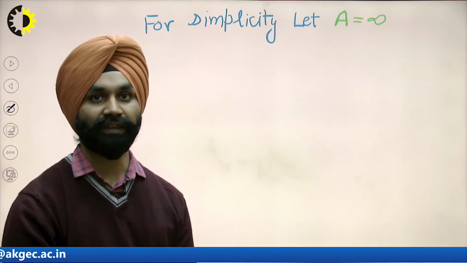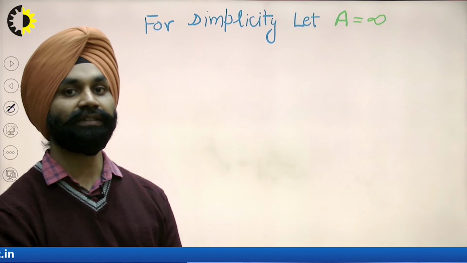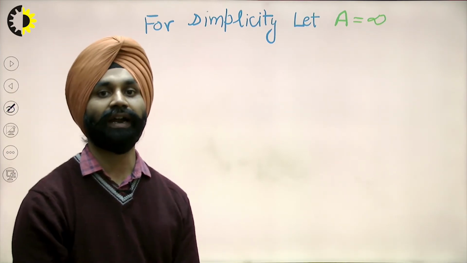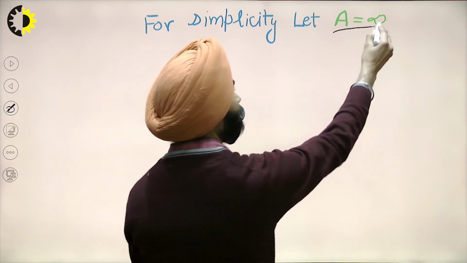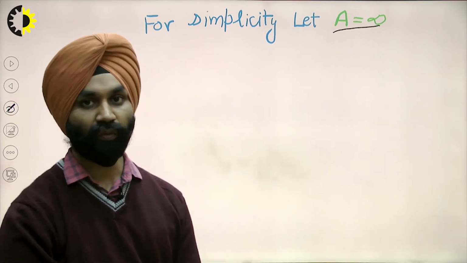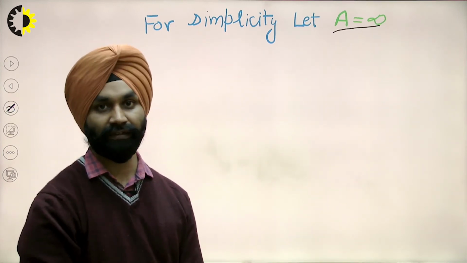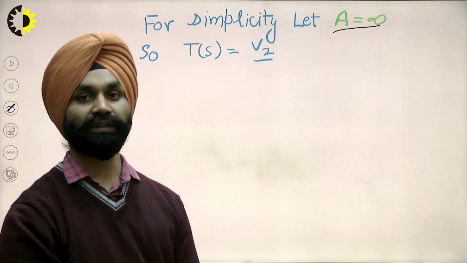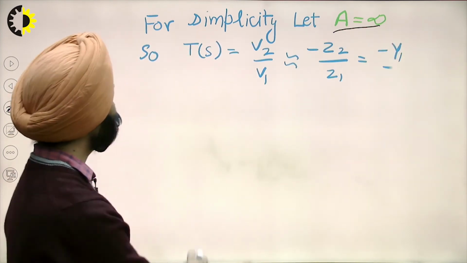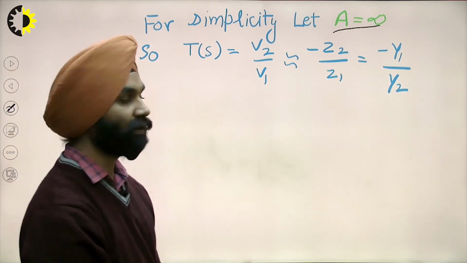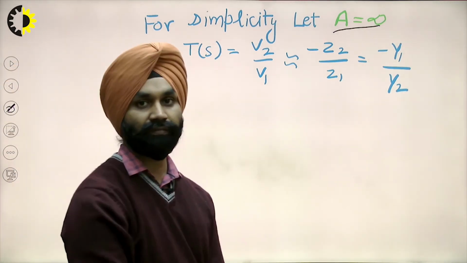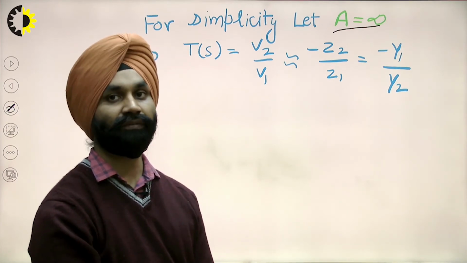Now, for simplicity, assume that A is infinite. That means we have an ideal op amp. An ideal op amp means we have infinite gain. The gain of the operational amplifier is infinite. In that case, if we put in the previous value, the transfer function V2 by V1 will be equal to minus Z2 by Z1 or minus Y1 by Y2,